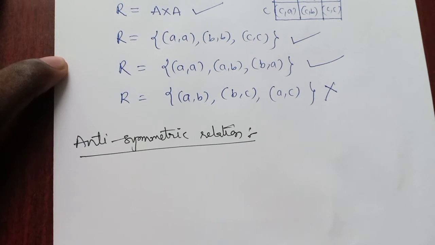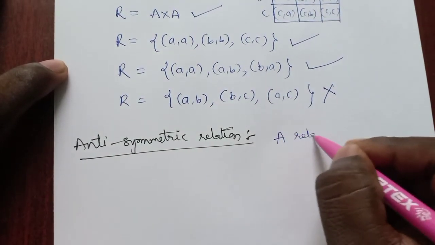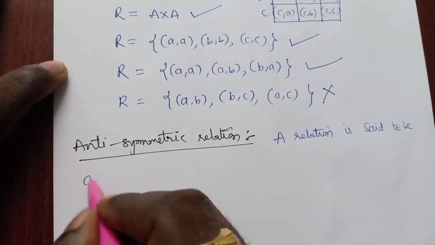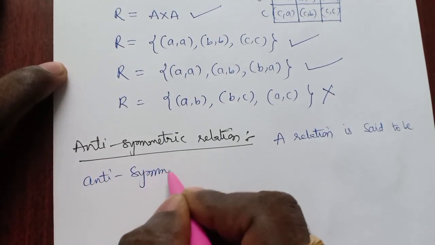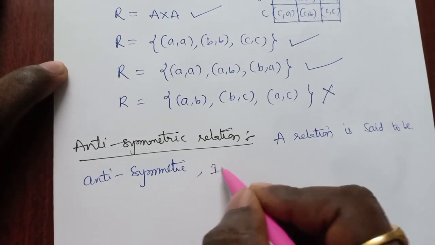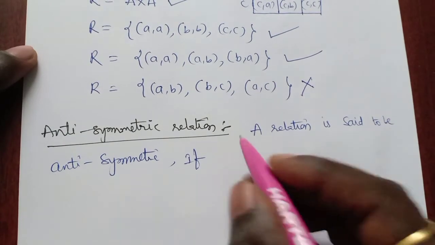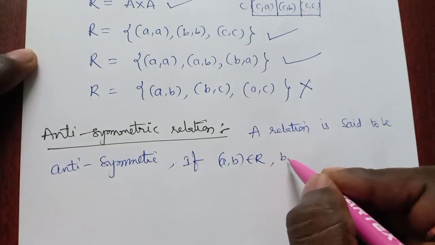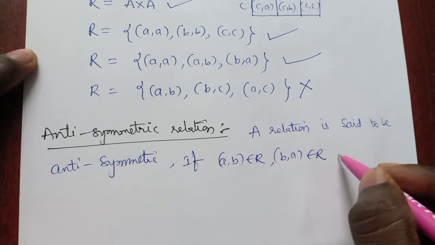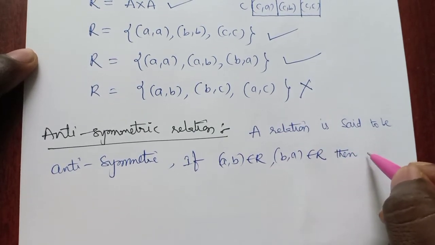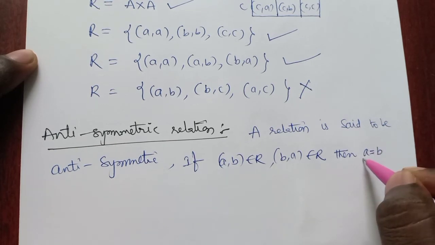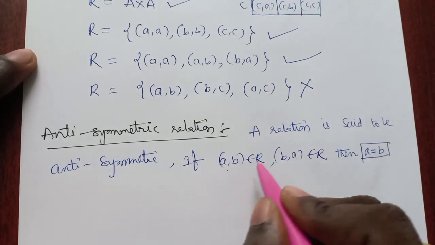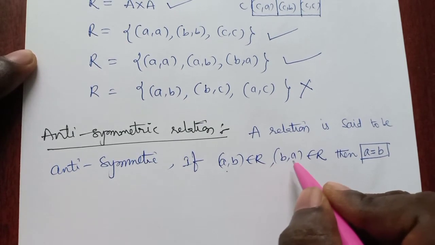Now, a relation is said to be antisymmetric if, so here the definition is very important, if (a, b) belongs to R and (b, a) belongs to R, then it must satisfy the condition that is a equals b, which means that if (a, b) belongs to R, then we never have (b, a) in that relation,